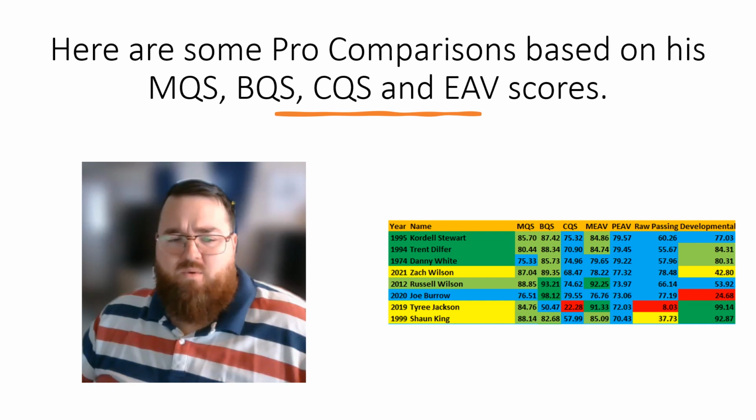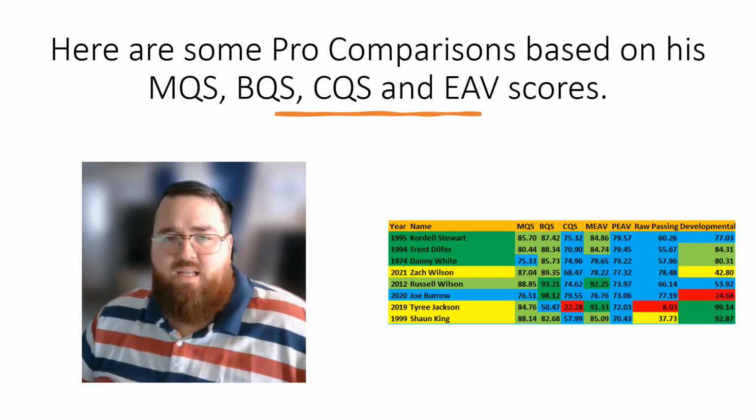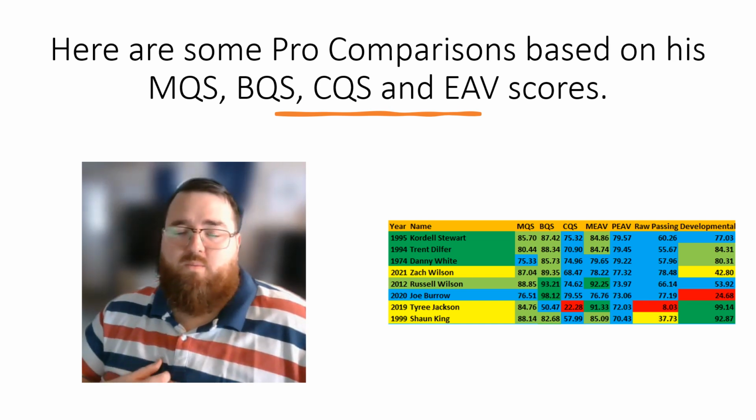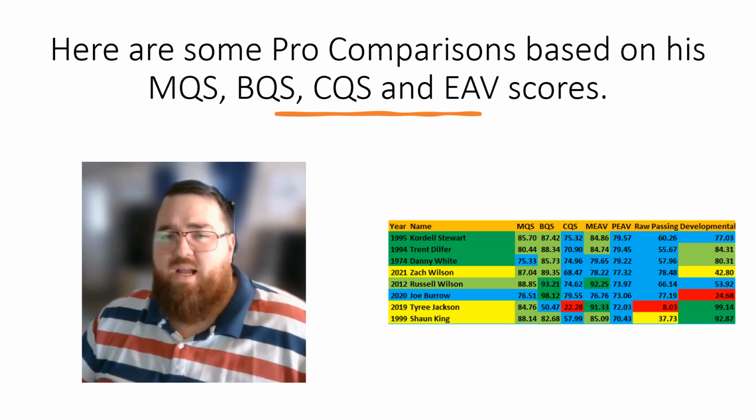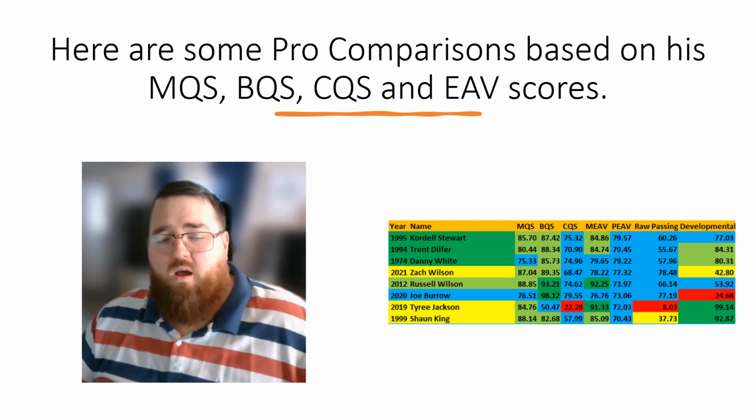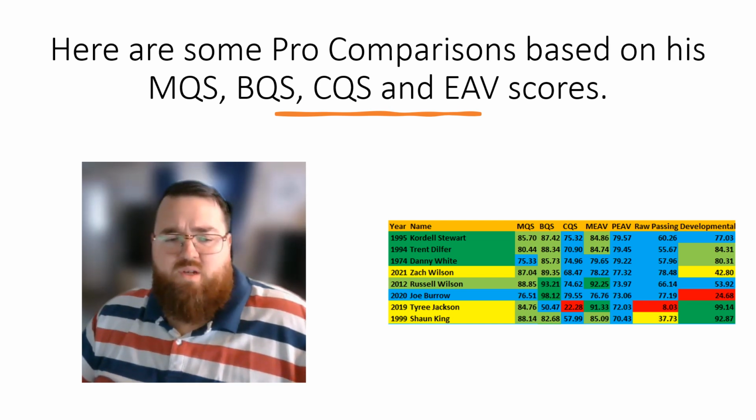That's a big difference. When you look at the starter averages and the Pro Bowl averages, he wasn't quite near those areas, which makes his selection in the top 2 of the NFL draft a little precarious to say the least. Now, when you get to his actual comparisons as a quarterback, when I adjusted his PEAV, his pocket approximate value score, and compared it to other quarterbacks in a similar range of possibilities, he was with a decent number of starters. Cordell Stewart, Trent Dilfer, Danny White, Russell Wilson, Joe Burrow. Tyree Jackson hasn't really done much. Sean King has been kind of here and there, but when you look at the list here, it's not a bad bunch of quarterbacks to be with.